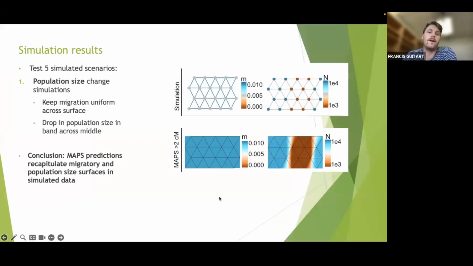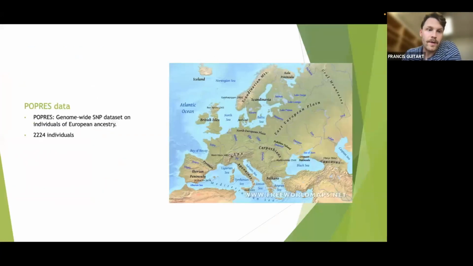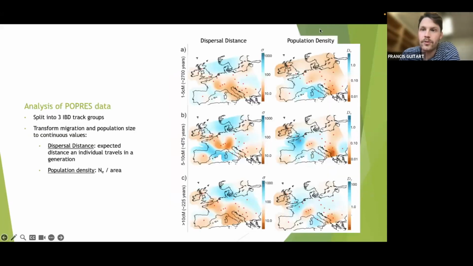Okay, so we've seen that with simulated data, MAPS works quite well. Now, how does it work with real genetic data? In the paper, the authors analyzed the PLoS dataset, which is a genome-wide SNP array dataset for individuals with European ancestry. And after their filtering process, which was used to remove samples with admixture, they wound up with just over 2,000 individuals. So here I'm showing the map of Europe, and this is the result when they applied their tool to this